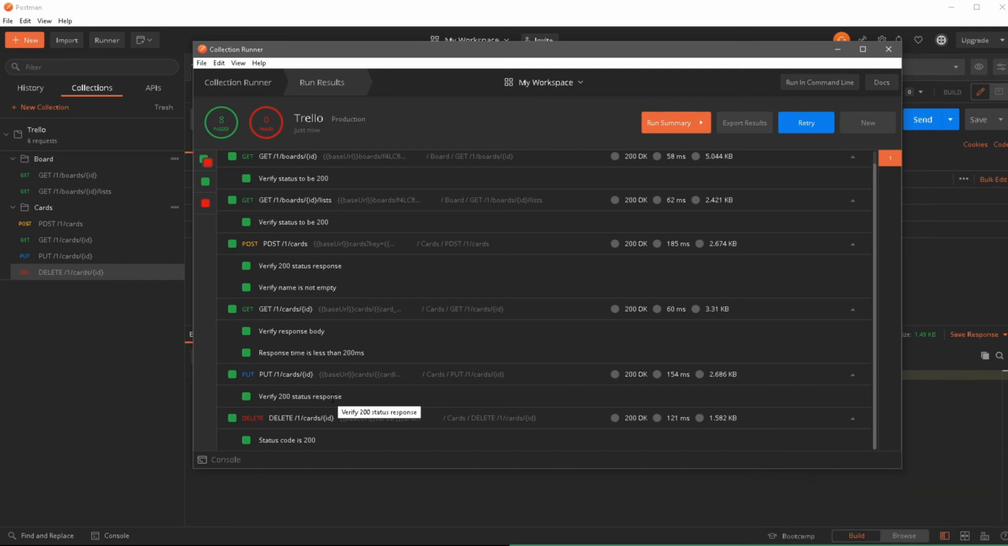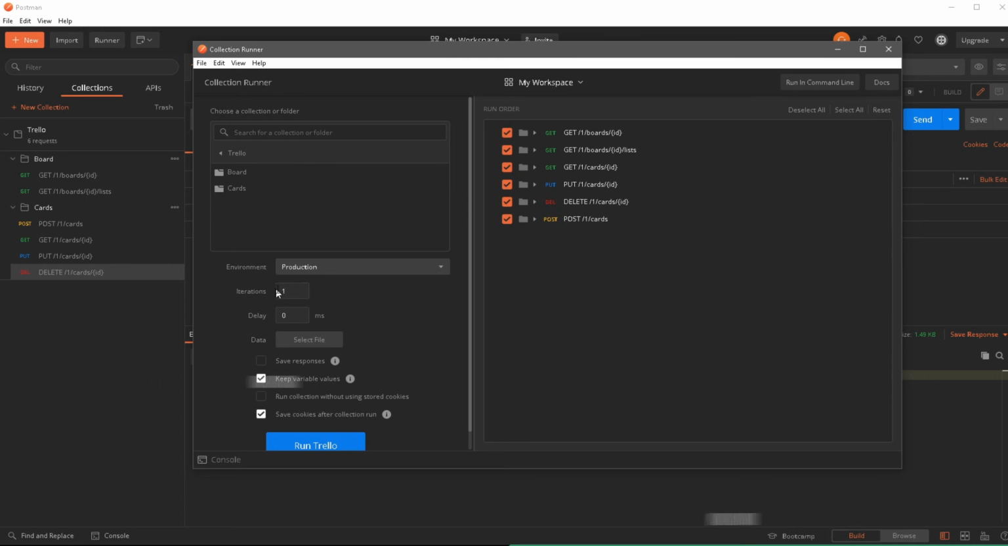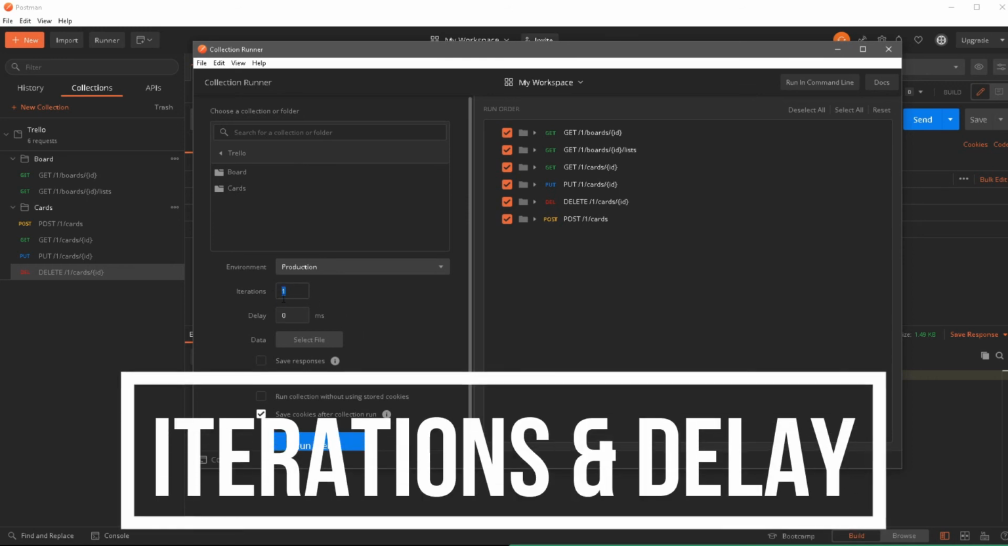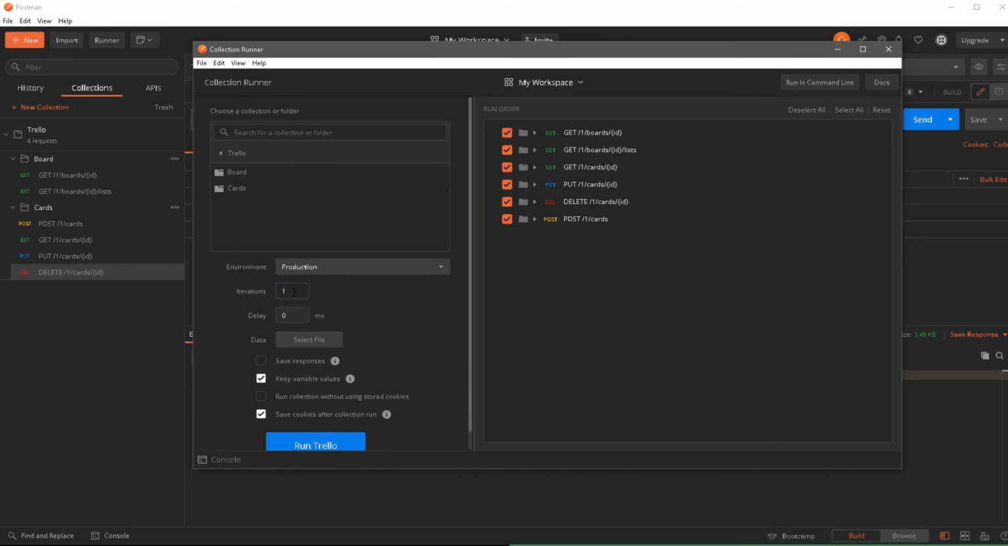If you're relying on existing data, most likely you would run into this kind of issue. Okay, so I hope this collection runner process is clear now. What we will do is work with the iterations over here. Right now we only have 1. Now if I change this to, let's say, 2 and run Trello again,